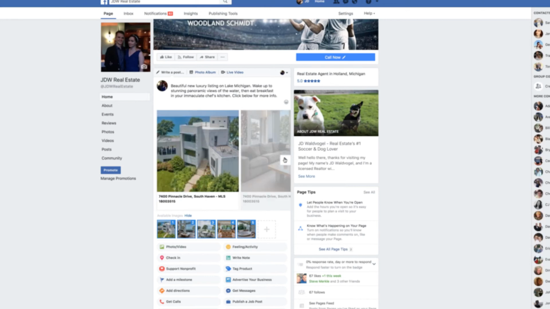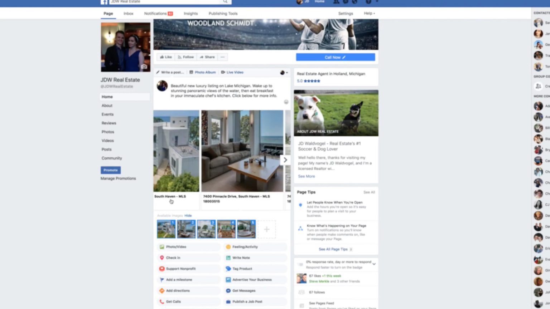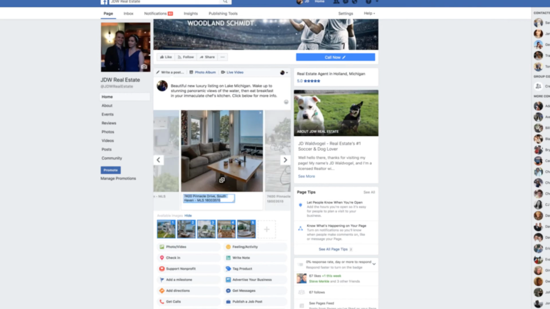So now that I've changed the order, there are a couple more things I can do. Firstly, I can click on the text below each slide and change that to reflect what I want to showcase. So maybe on the first one, I do want to keep the address there, just so people know where it is. But maybe on the second one, I want to change this to say stunning views right from your living room. And then